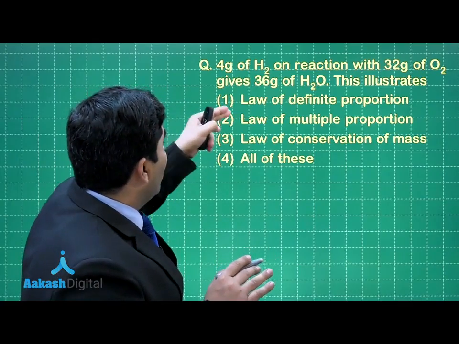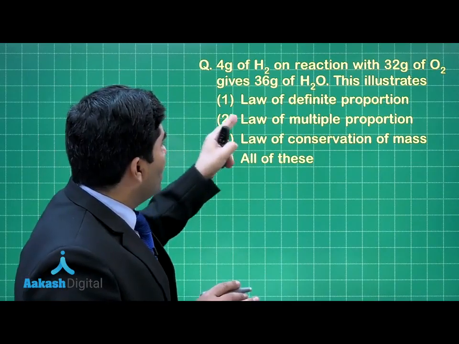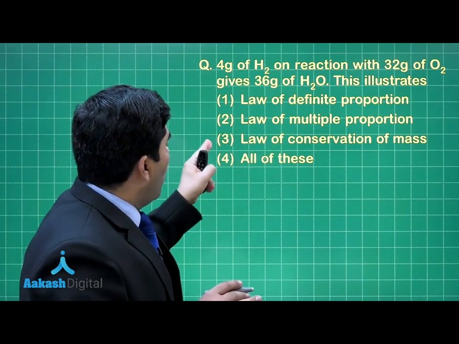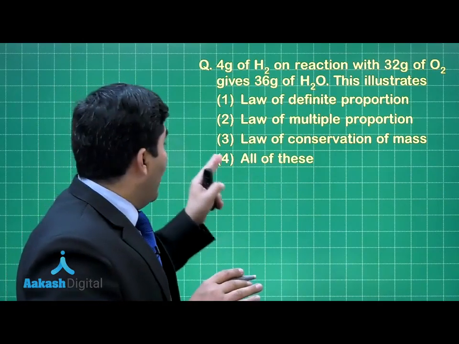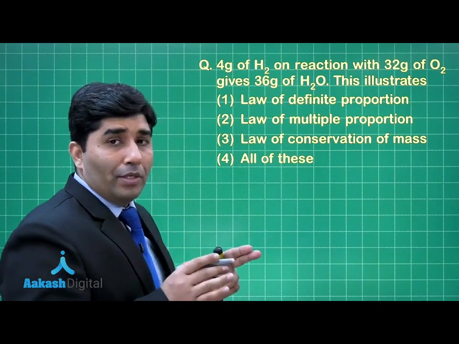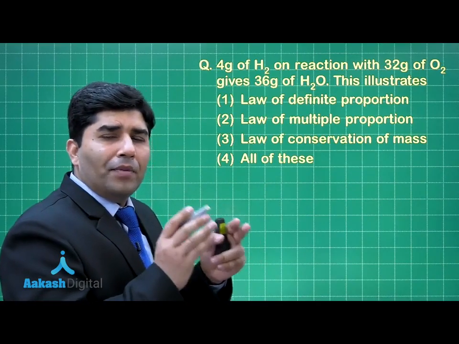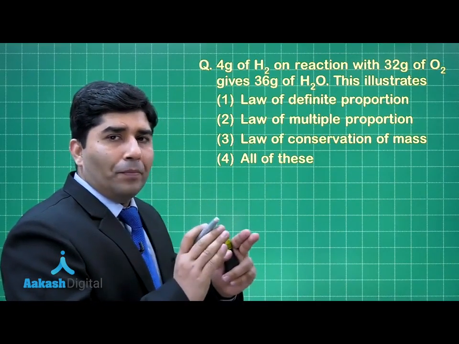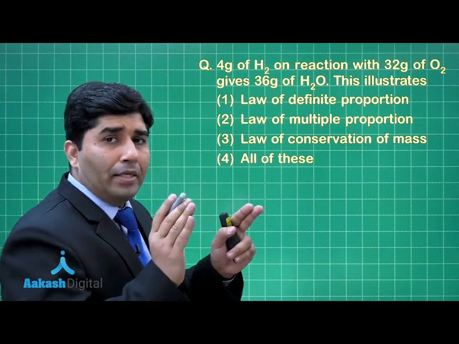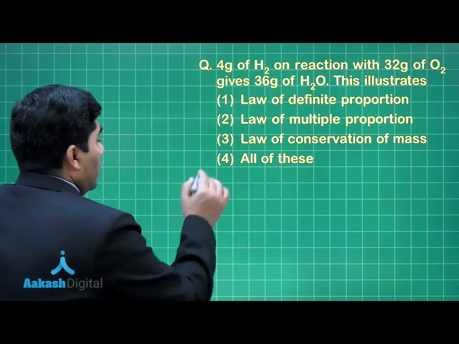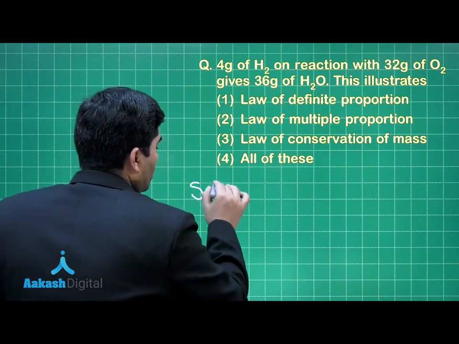The option number 1 is law of definite proportion. Option number 2 is law of multiple proportion. Option number 3 is law of conservation of mass. And option number 4 is all of these. Right? So how will you check in less period of time? Let me give you one trick. The solution of this question will be